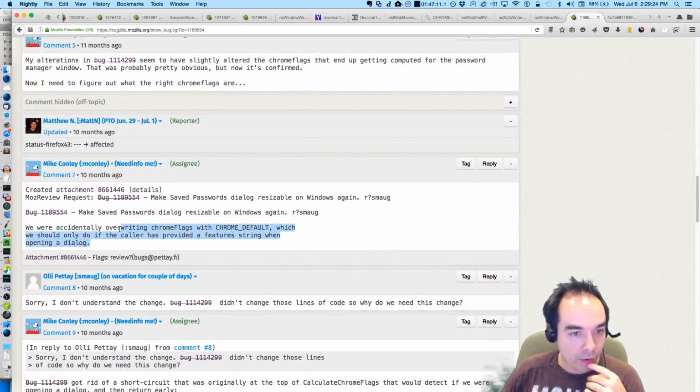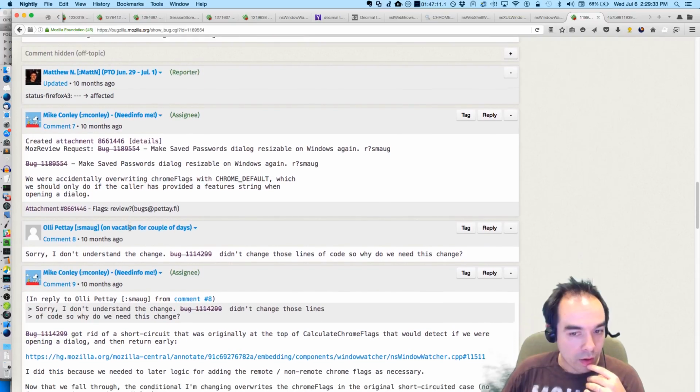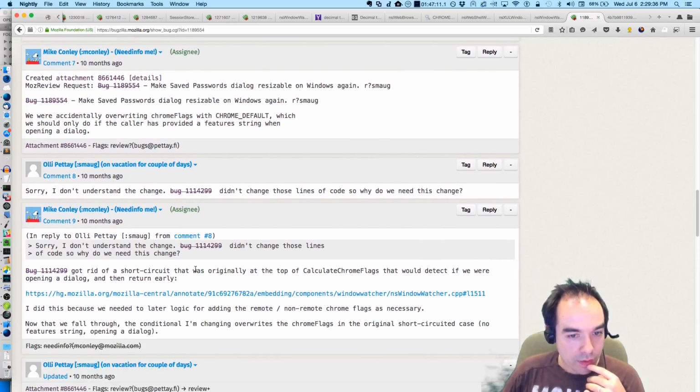Okay, we're accidentally overriding Chrome flags with Chrome default, which should only happen if the callers provide a feature string when opening a dialog. I got rid of a short circuit that was originally on top of calculate Chrome flags that would detect if you're opening a dialog and then return early.